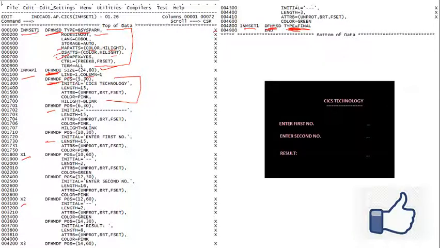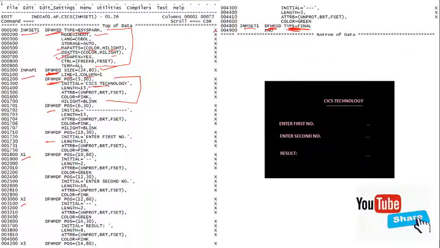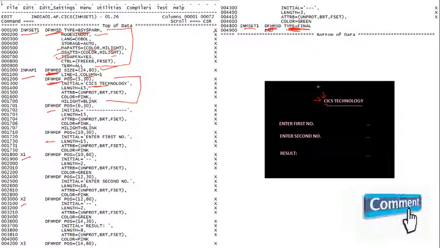Position means our field will start from the fifth row and from the 30th column. Like we are going to write CICS technology from the fifth row and from the 30th column.